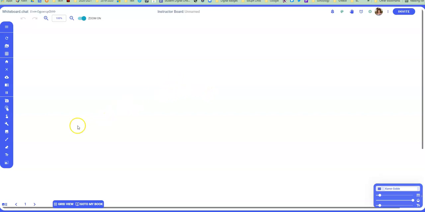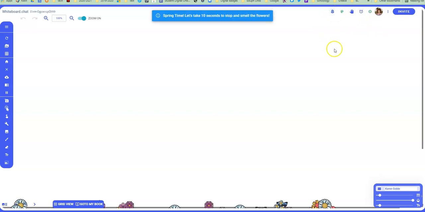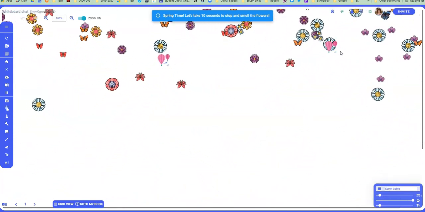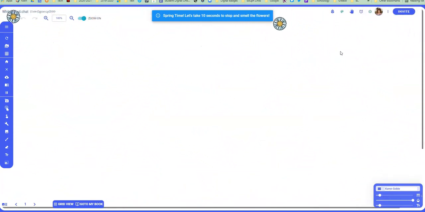Once you get in here, you'll see on the left-hand side are various tools that you can use. These are the tools that you will use to create these interactive whiteboard activities for your students. At the top right, you will see various options. This first one here is a little button. When you click this one, it actually freezes the board for 10 seconds, puts little animations on there to actually